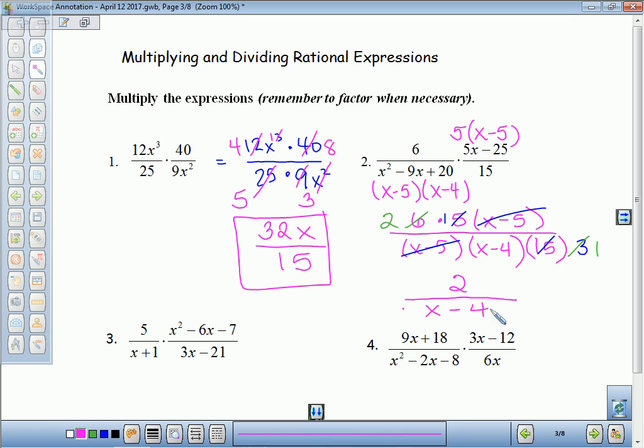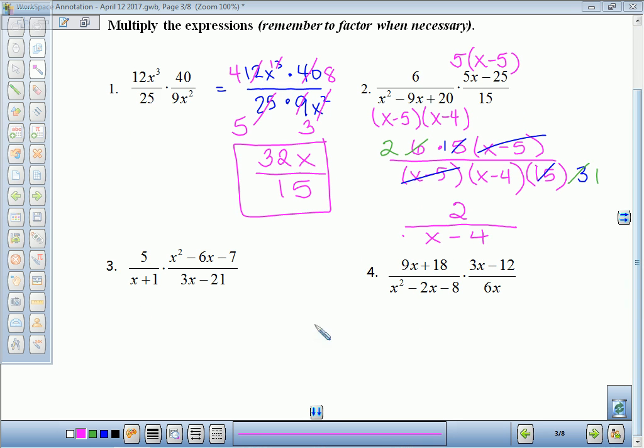Ooh, 2 and 4. Should I simplify those? Don't do it. No. These cannot simplify because this denominator is subtraction. This is not a product. I can't break in there. That's one of our no-nos. Okay. So, I want you to try 3 and 4. If you have a question,